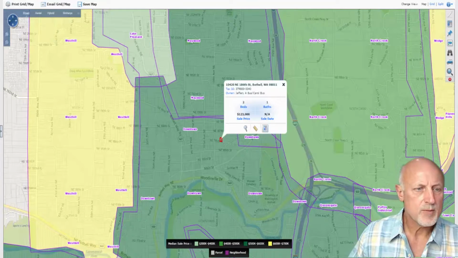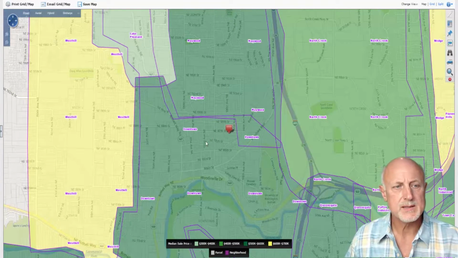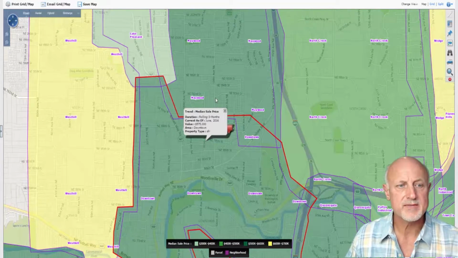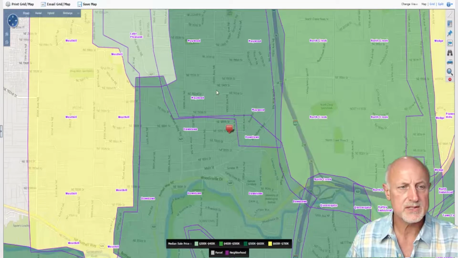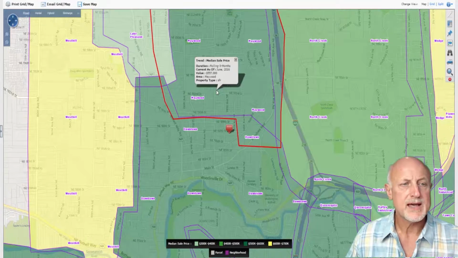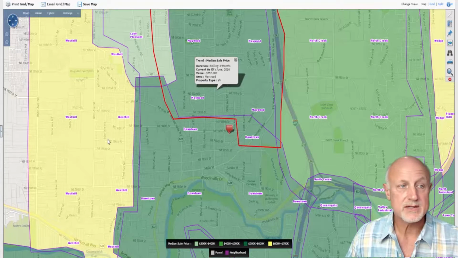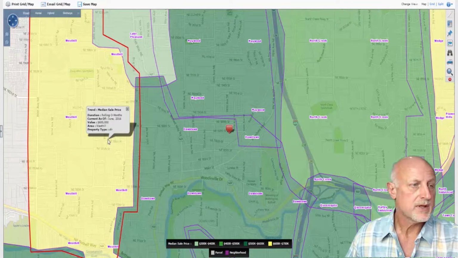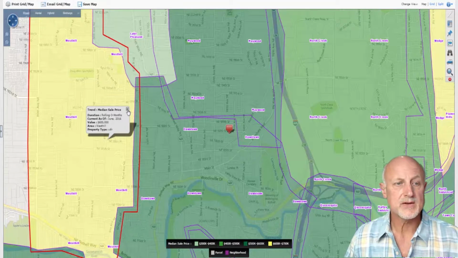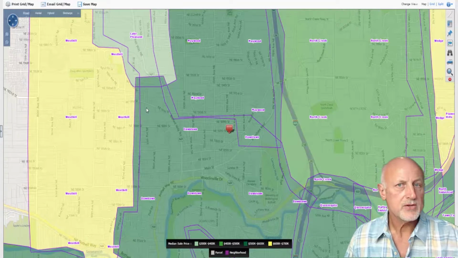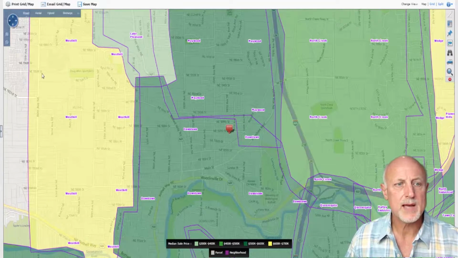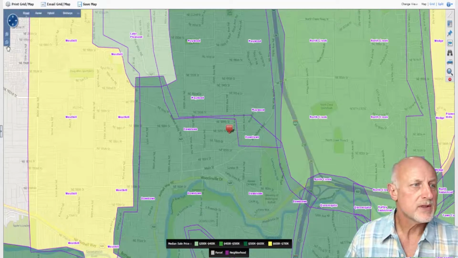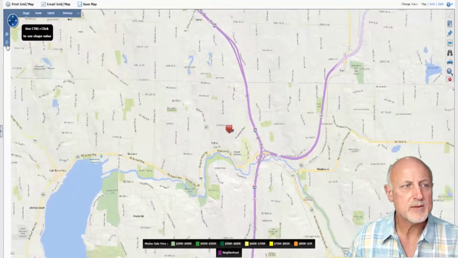Now if I click on this one neighborhood, it shows me in the last 3 months that the median sales price has been $575,000. Whereas if I go into this other neighborhood, it's been $557,000. And then if I go over here to West Hill, and we click on that one, it's $600,000 over there. So they're not huge shifts, and there are definitely differences in these neighborhoods of when they were established, how established they are. But the one thing that I wanted to show you is I zoom out,